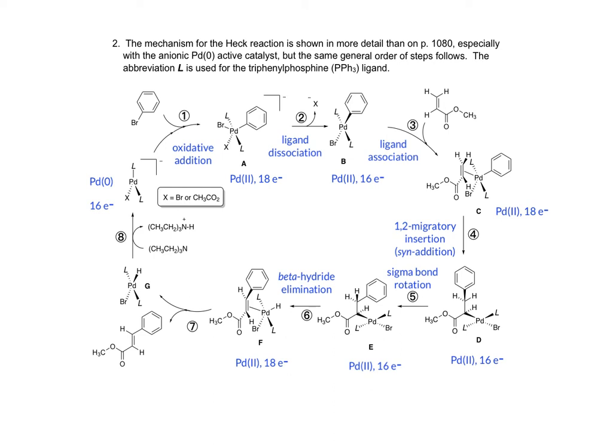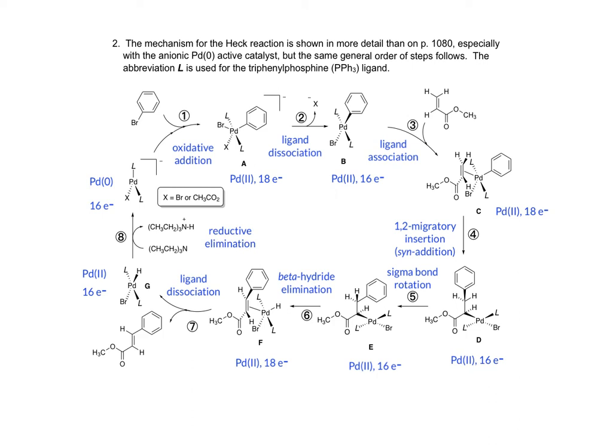F then undergoes ligand dissociation in step 7, releasing the methyl cinnamate product, generating palladium complex G as palladium 2. It is in step 8 that triethylamine plays a role. This is an unusual type of reductive elimination